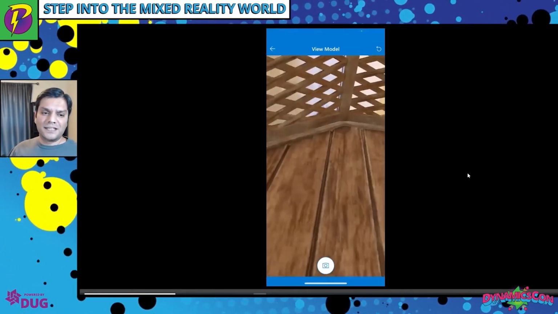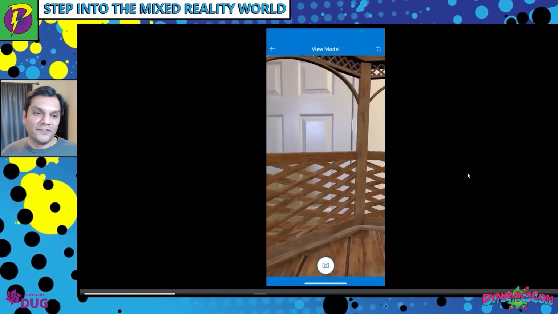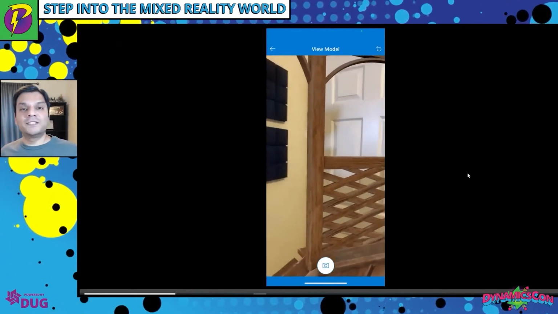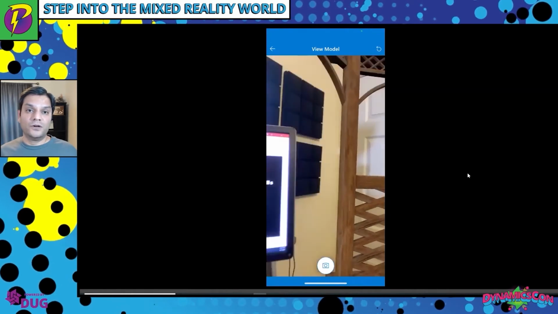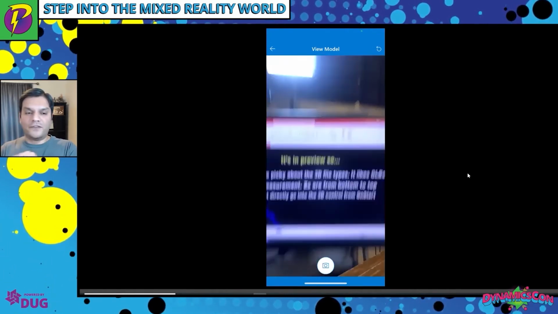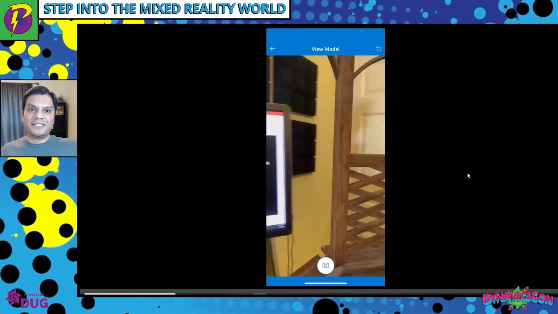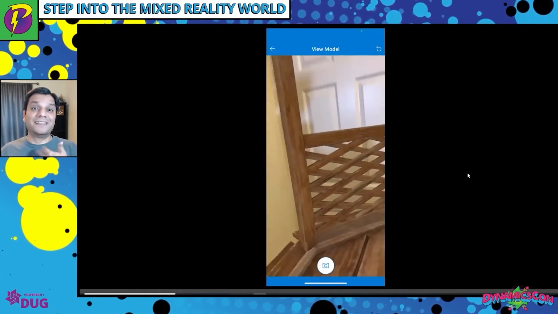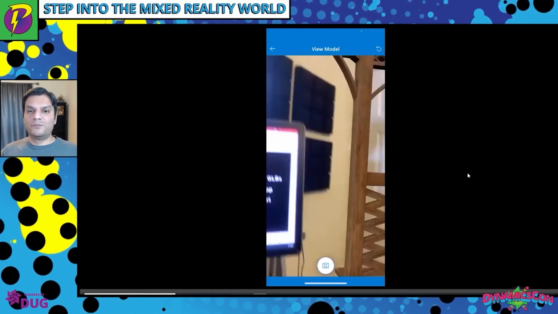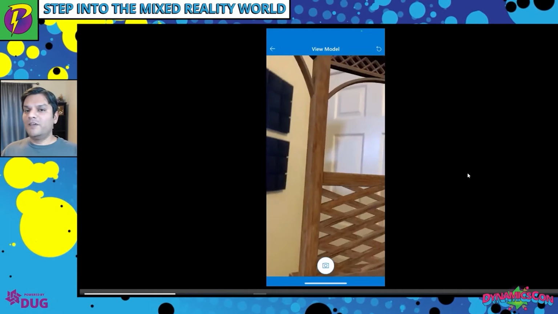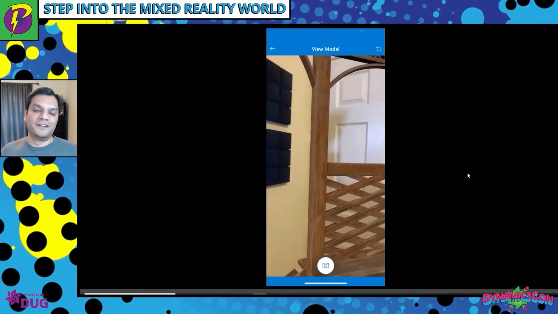I always joke with my friends that once you start playing with this, you're going to be the next Pokemon Go, because everybody's on their phone trying to tap everything. But the person outside is like, what is this guy doing? And that's literally what people tell me: what are you doing? You're playing with your phone. It's like, no, I'm not playing with my phone. I'm in mixed reality mode over here.